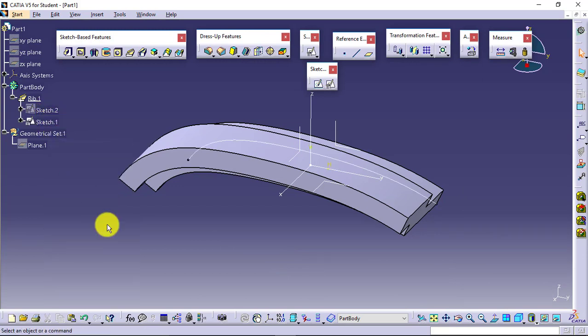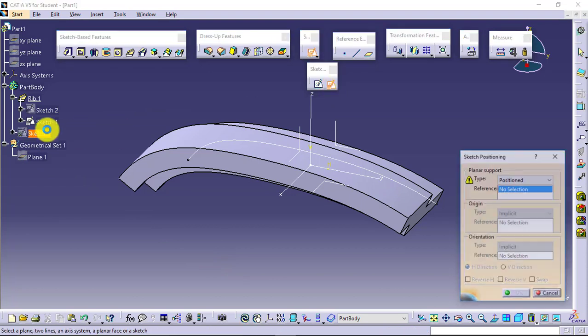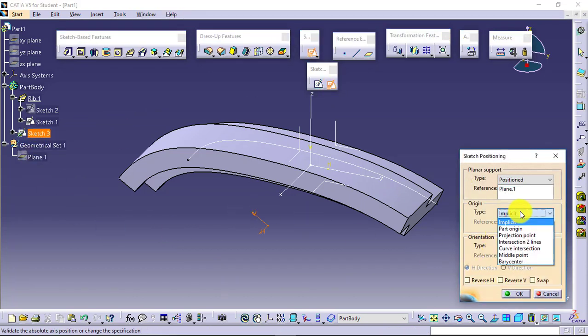I'll just unhide or show the sketch, the profile I had created, and on the same plane I would like to create one more sketch. So I'll select the plane, I'll change the projection point over here and say okay.